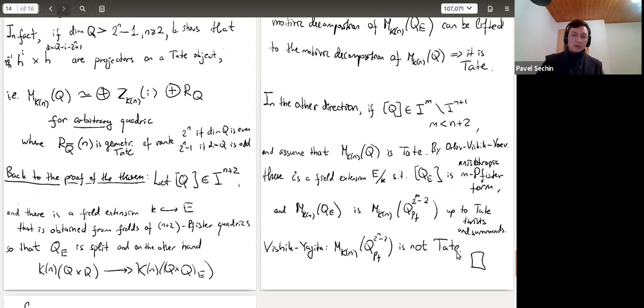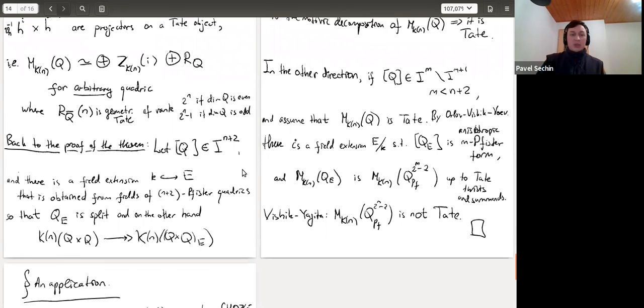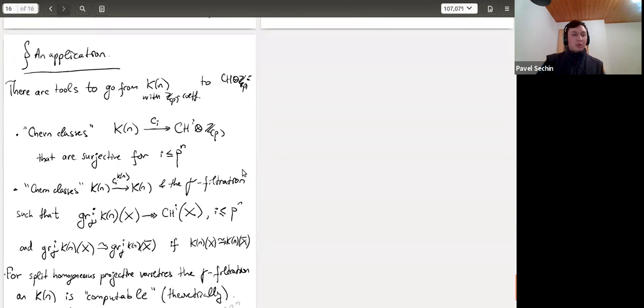Well, and this proves that this cannot happen. If this is Tate, this also had to be Tate, but this is a contradiction. And this is the end of the proof of the main theorem. And in the last 5 minutes, let me give you just one application of the main theorem and explain to you that it's not just a structural result about the motivic decomposition of quadrics with respect to